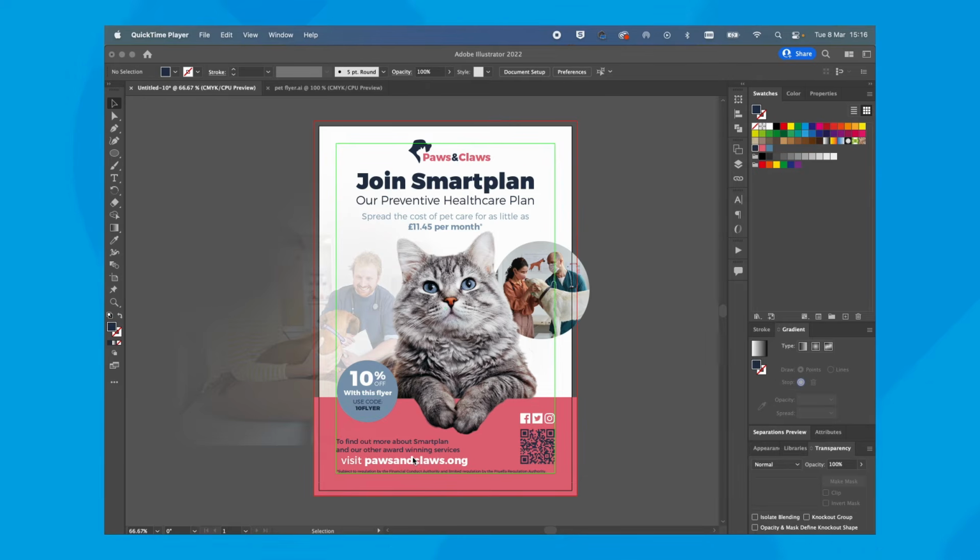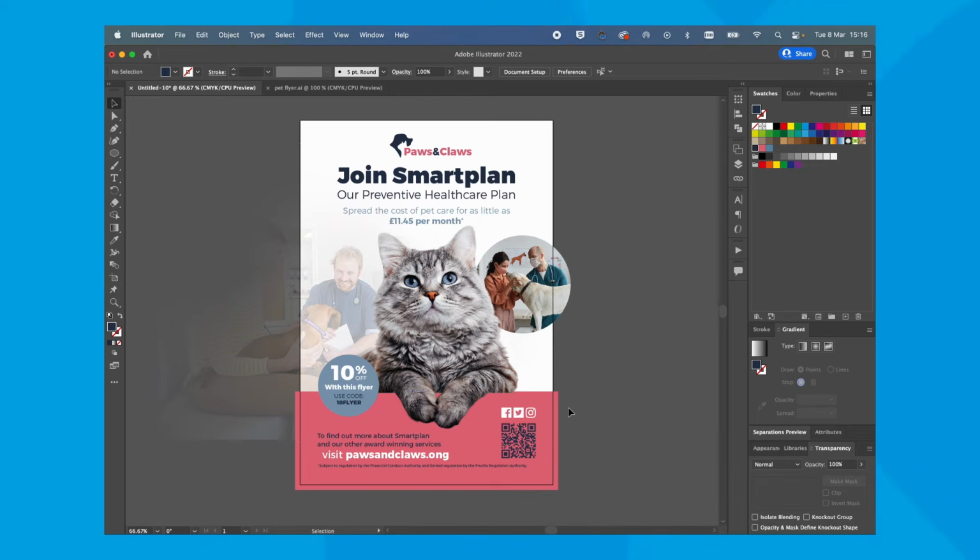I'll just hide these guides so we can stand back and have a good look at this. You can hide the guides by pressing Command and colon. There you go. And we're getting pretty close. I think we're just getting down to the finer details now. So I'm going to put the guides back on while we finish up.